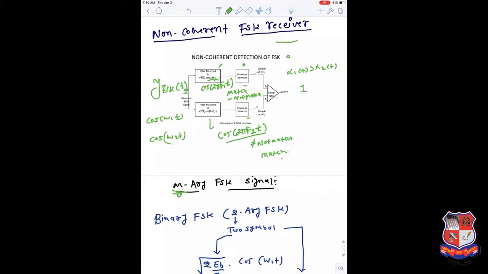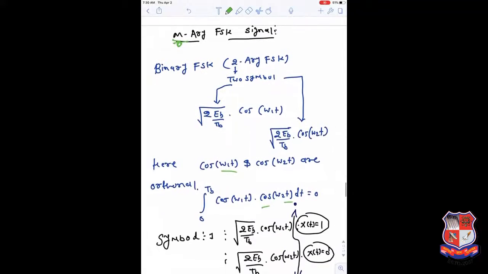So if this one will be matched, then here we have x2 of t larger than x1 of t. So this difference of x1 of t and x2 of t, here the comparator produces a negative input, so that will be decoded as a 0. So that way we can decode correctly. Now we will move to the